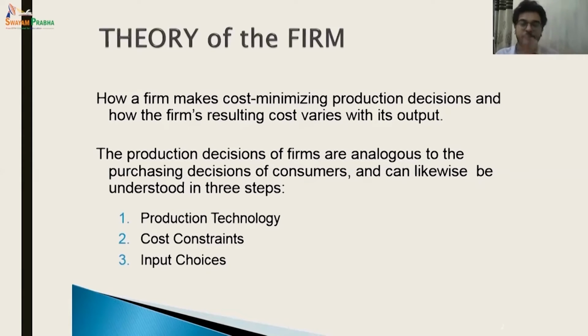So, coming back, we would like to explain again that the production decisions of firms are analogous or similar to the purchase decisions of consumers, or the price they are willing to sell their commodity at should be equal to the price in an equilibrium. Like whatever we have studied till now, there are certain exceptions. So analogous to the purchase decisions of the consumers, that whatever price they would like to pay for that particular quantity of the commodity. Yes, and we can understand the production decisions in three steps. One is the technology in which it is producing.